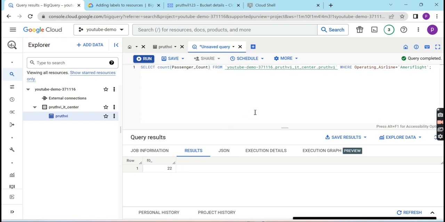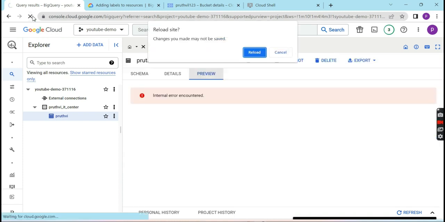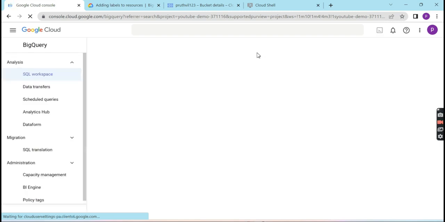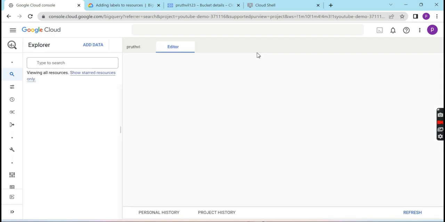So this is all about this video, guys. I think you got very good insights about how BigQuery works, and you got a good understanding of how to create a dataset, how to create a table, how to load the data into the table, and how to run some queries. I think you got a better understanding about how BigQuery works,